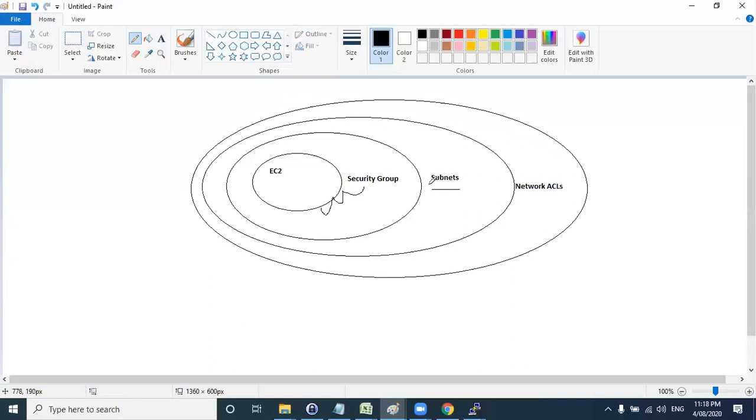Now subnet is where you are creating EC2 instances. If you want to apply rules, what is a security group? Security group is nothing but a firewall, with which you control the traffic coming from external to internal, and traffic going from internal to external. You can do that only at instance level. But if you want to control the traffic in a subnet, from external to internal and internal to external, you will use network ACLs. We will have a different topic for that. That's the reason I have not shown this hierarchy diagram till now. Clear?